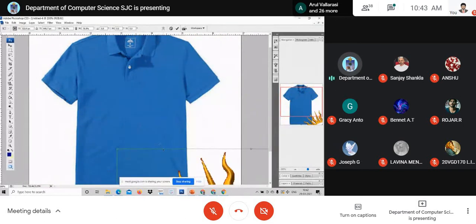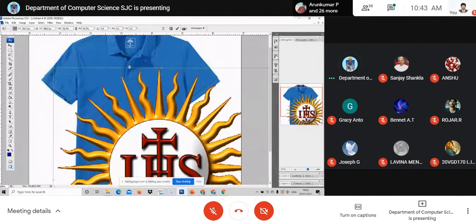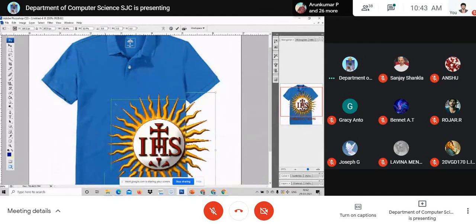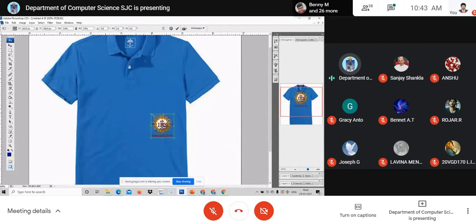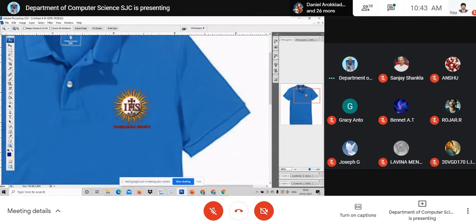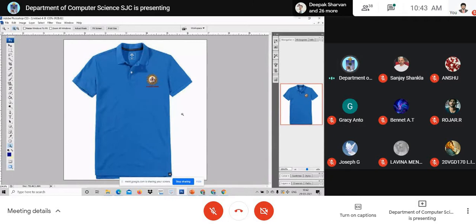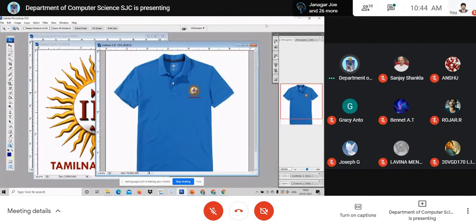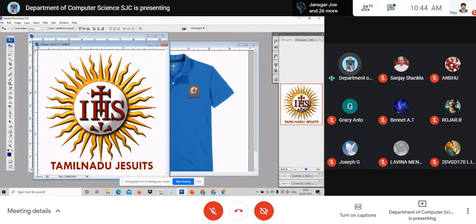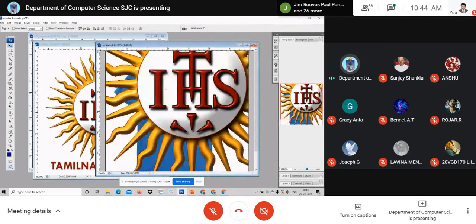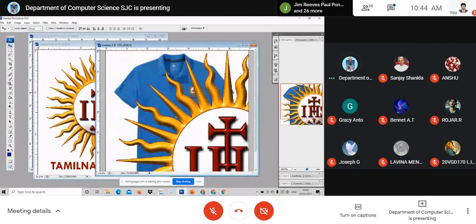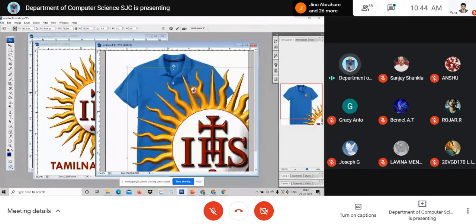Once again, I shall tell you, you need not fit into the T-shirt, but you can just see how it looks when it is pasted in the T-shirt. Am I clear to you? See, I have pasted. Am I clear to you? See, it looks better here. Now at the back, what is the design that you have to do? That you need to design. Am I clear to you? Once again, I shall make it clear. I've designed this, and you can reduce it and fit it and see how it looks here.